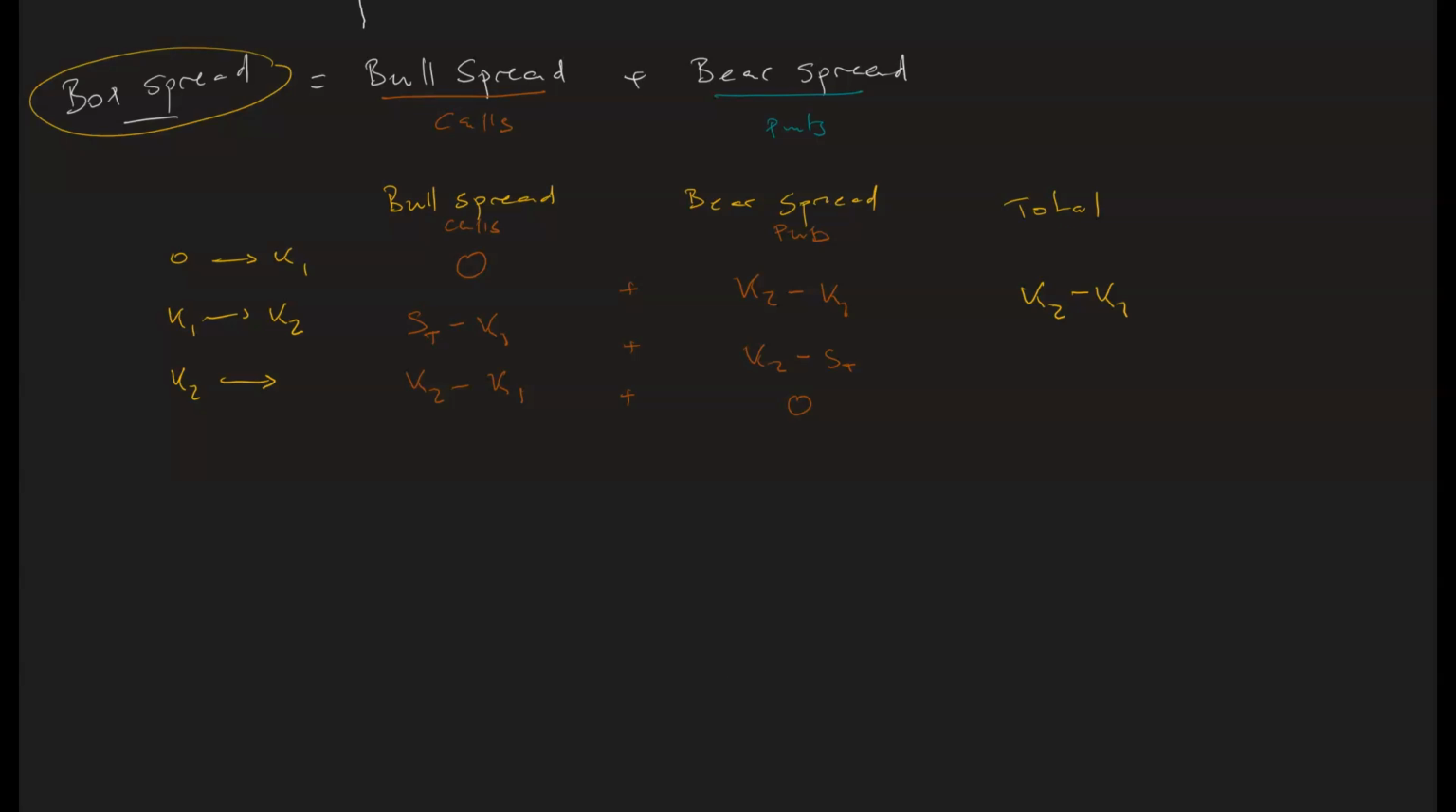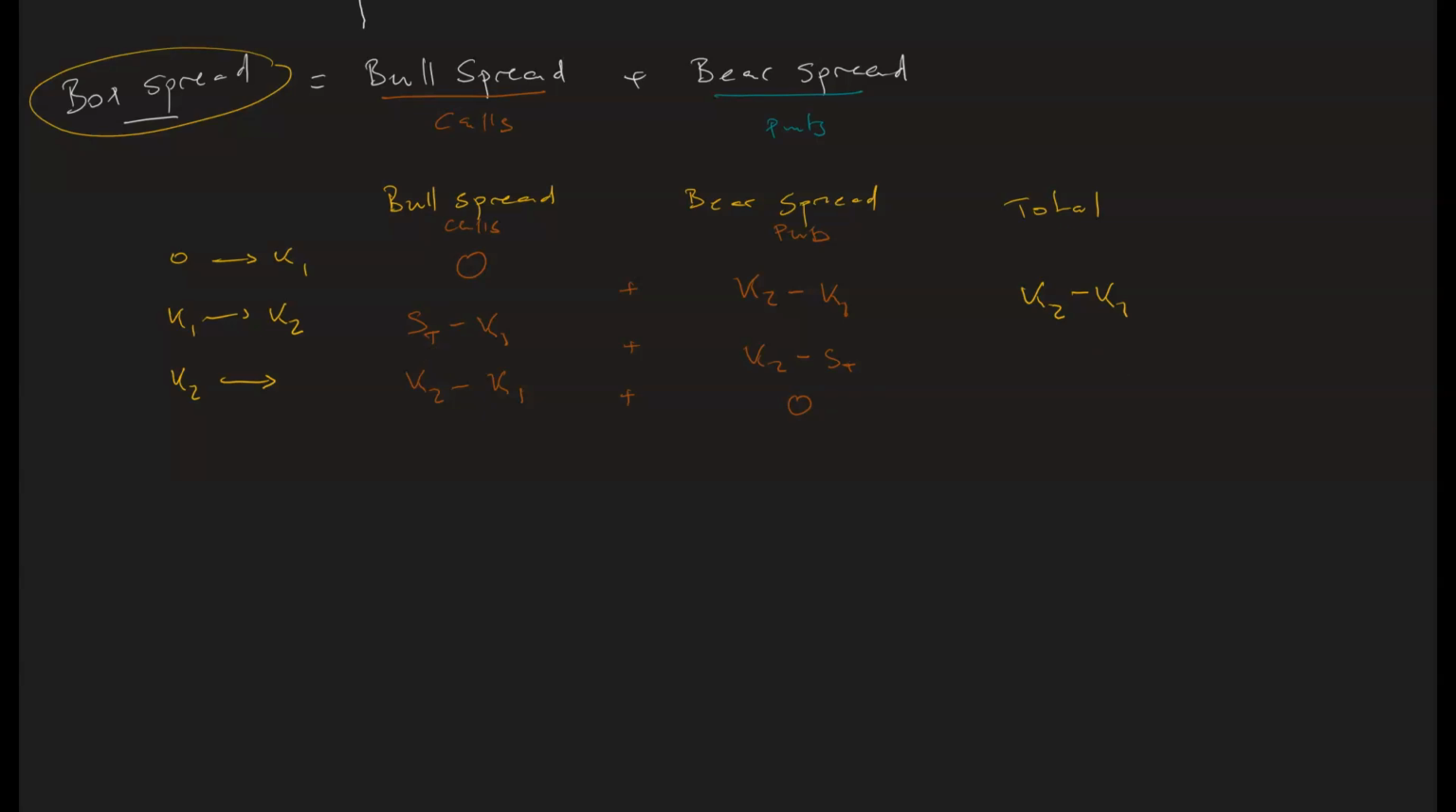Well, we have stock price here, and we have stock price here, and that has a negative sign. So these stock prices are going to cancel each other. We have a negative sign here and a positive sign there, so it is also going to be K2 minus K1. Actually, let me just rewrite this and do that